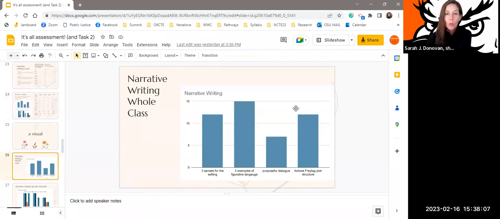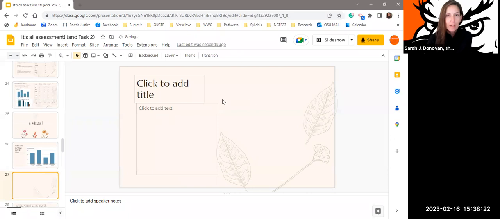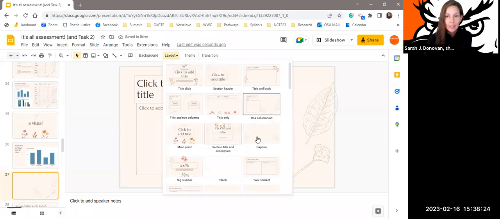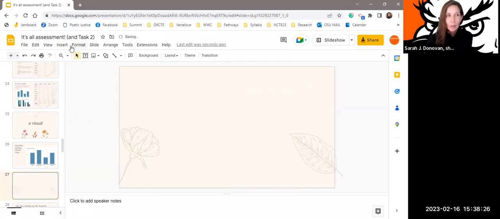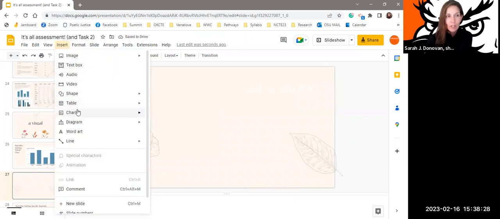This is the whole class graphic. So we see a bar graph here. Very easy to make these, so I'm going to show you how. Here's a new slide that's blank. If you do insert, chart,